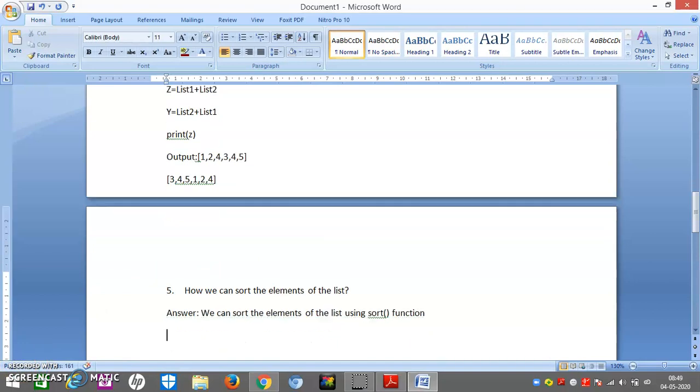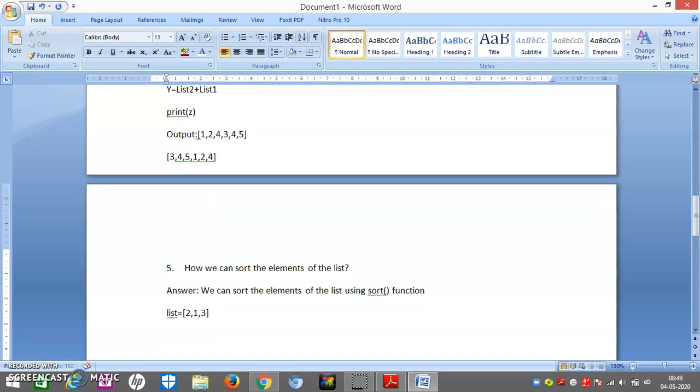Now, how to use the sort function in a list? Suppose I have made a list equal to 1, 2, 3. We will make it unsorted: 2, 1, 3. So it should be 1, 2, 3 in ascending order. Now, if I write list dot sort, and in that I will write list.